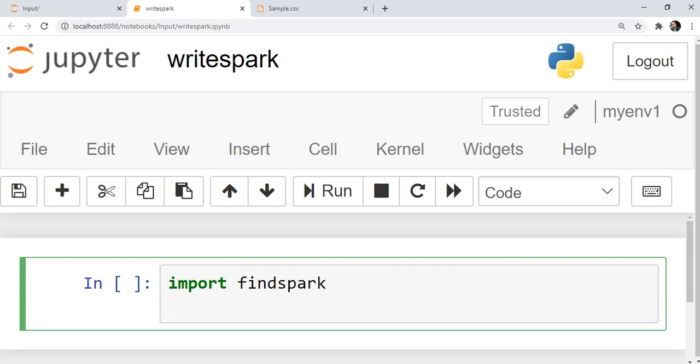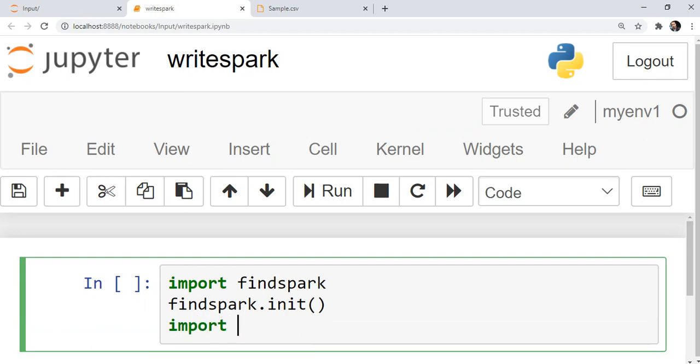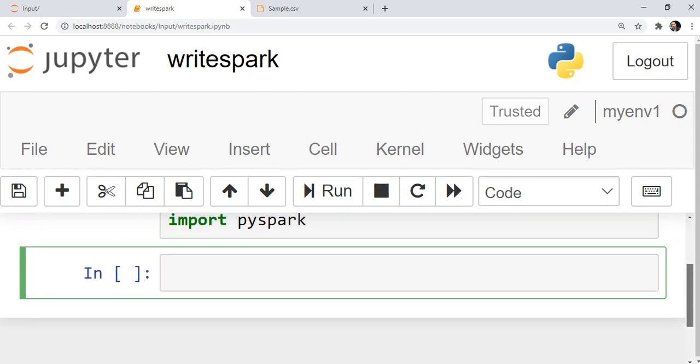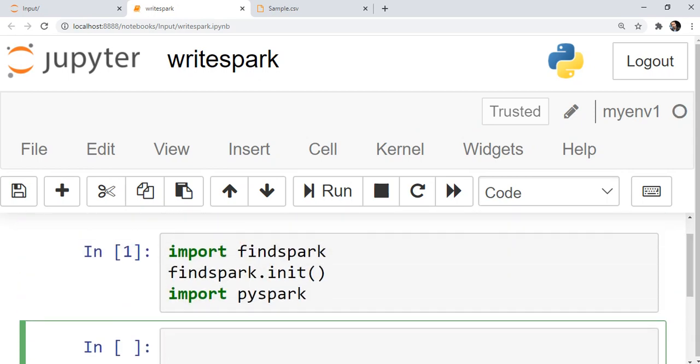Spark is already installed, and I just need to initiate all the Spark related libraries using findspark, and let's see whether it is correctly configured on my system. Yeah, it is working. That means it is correctly configured.